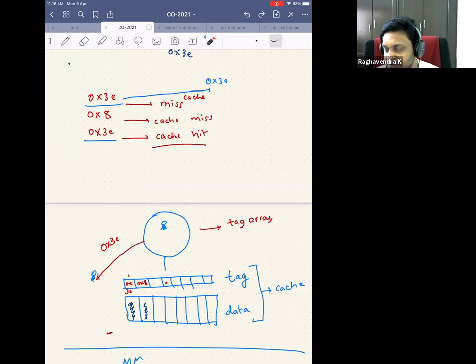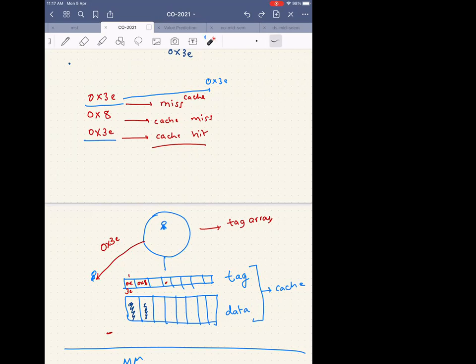So I'm assuming you might have guessed by now what is the third phase of the project. You'll actually be writing a cache-based system. You'll be attaching a cache to your pipeline, and you will be coming up with different replacement policies, like what Aditya asked. One is least frequently used, one is least recently used, and so on. We'll see in this course what the different replacement policies are later, but you will actually be implementing them and evaluating which one is better.